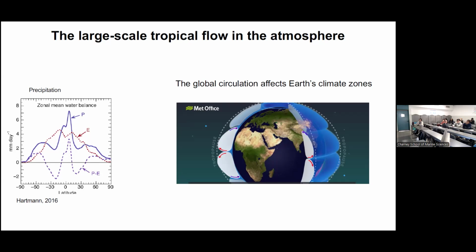in both hemispheres. Then it descends back to the surface in the subtropics around latitudes 20 to 30, and then it returns back to the equator at the surface. Okay, this is the Hadley circulation. You have two cells, one in the northern hemisphere and one in the southern hemisphere. These cells have a large impact on our climate, and I want to show you one example of that, which is